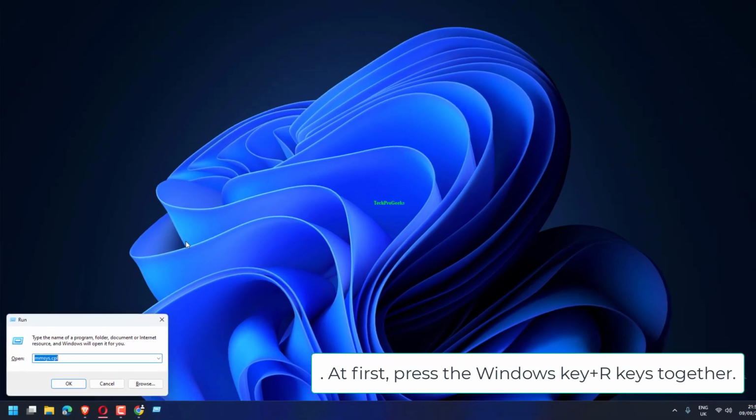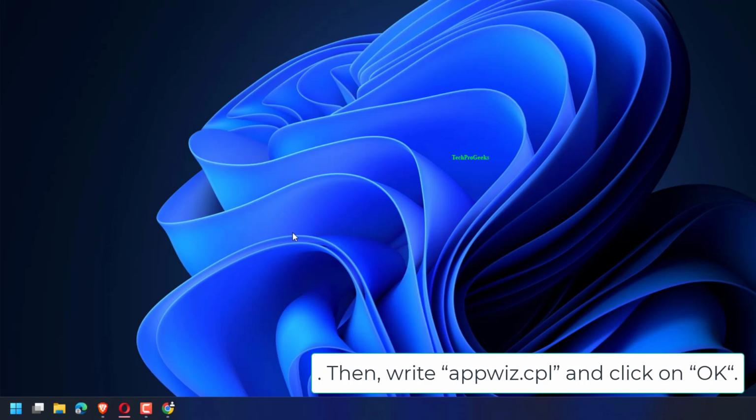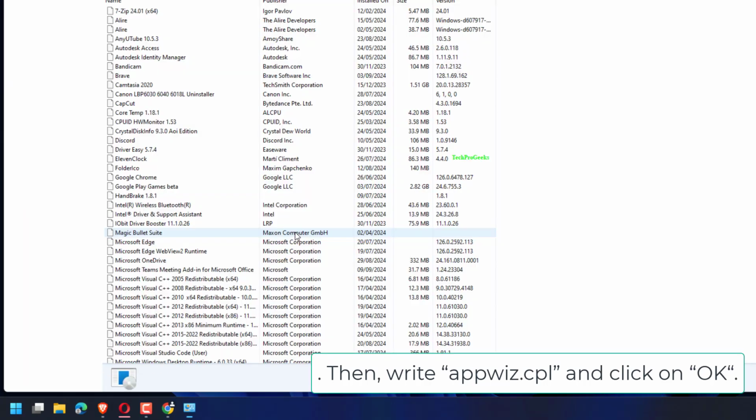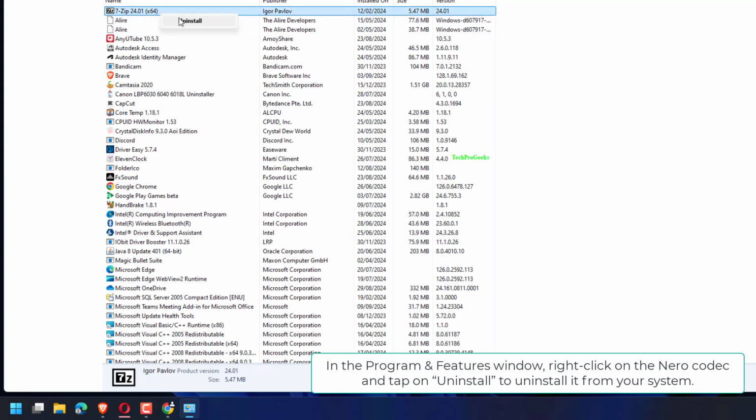At first, press the Windows key plus R keys together. Then write appwiz.cpl and click on OK. In the Programs and Features window, right-click on the Nero codec and tap on Uninstall to uninstall it from your